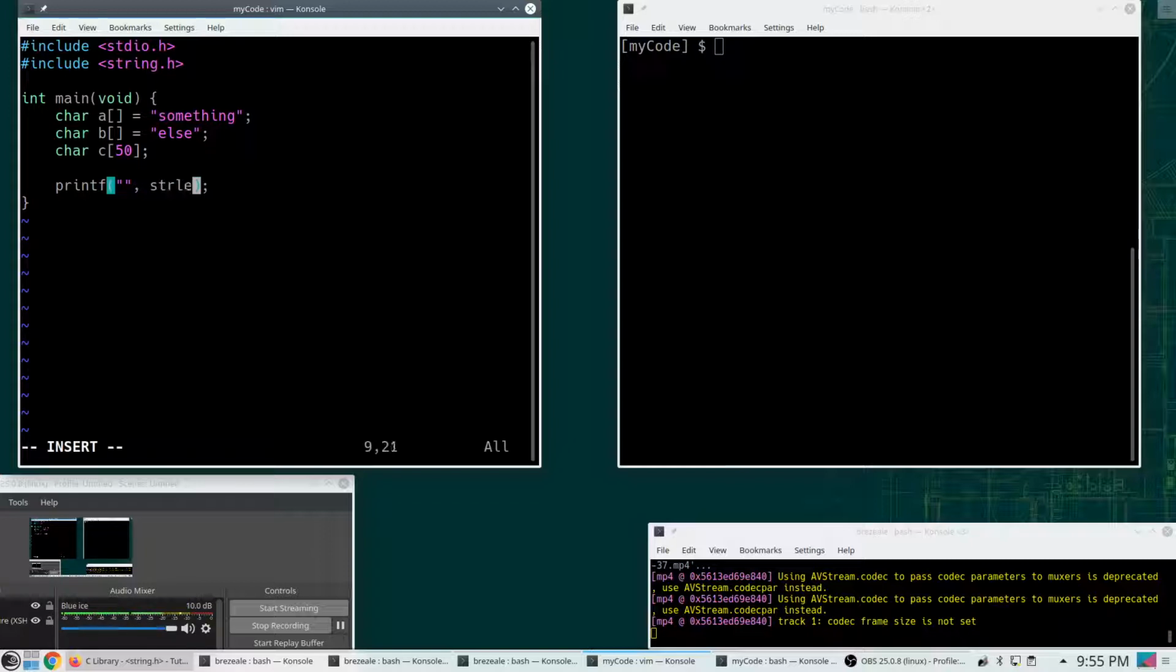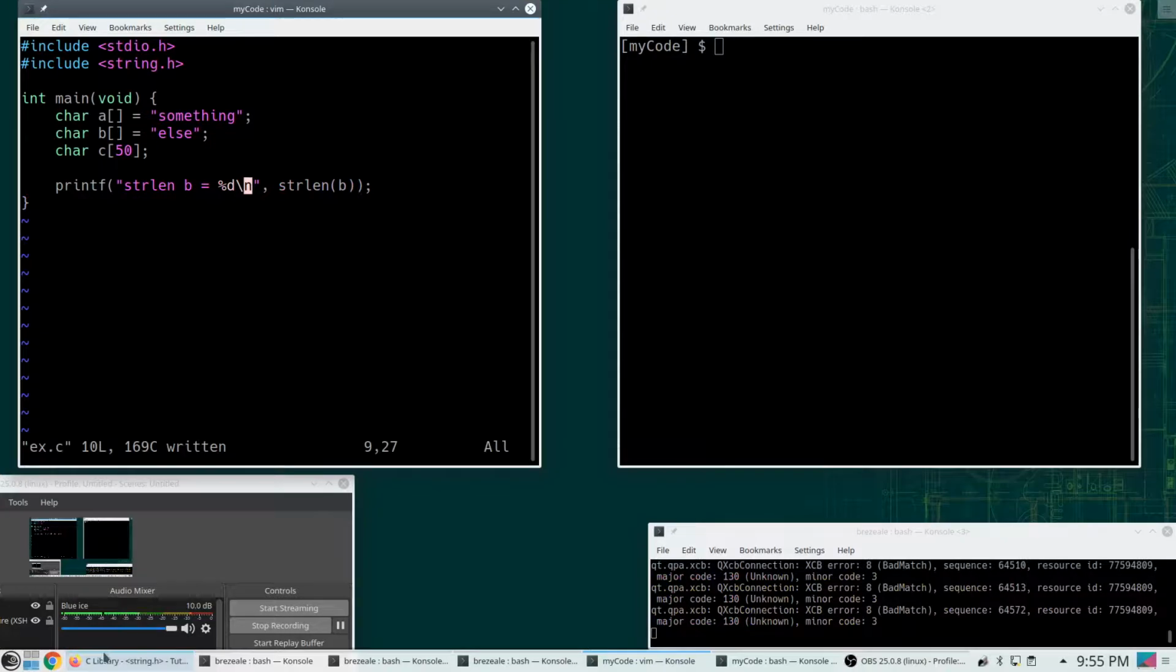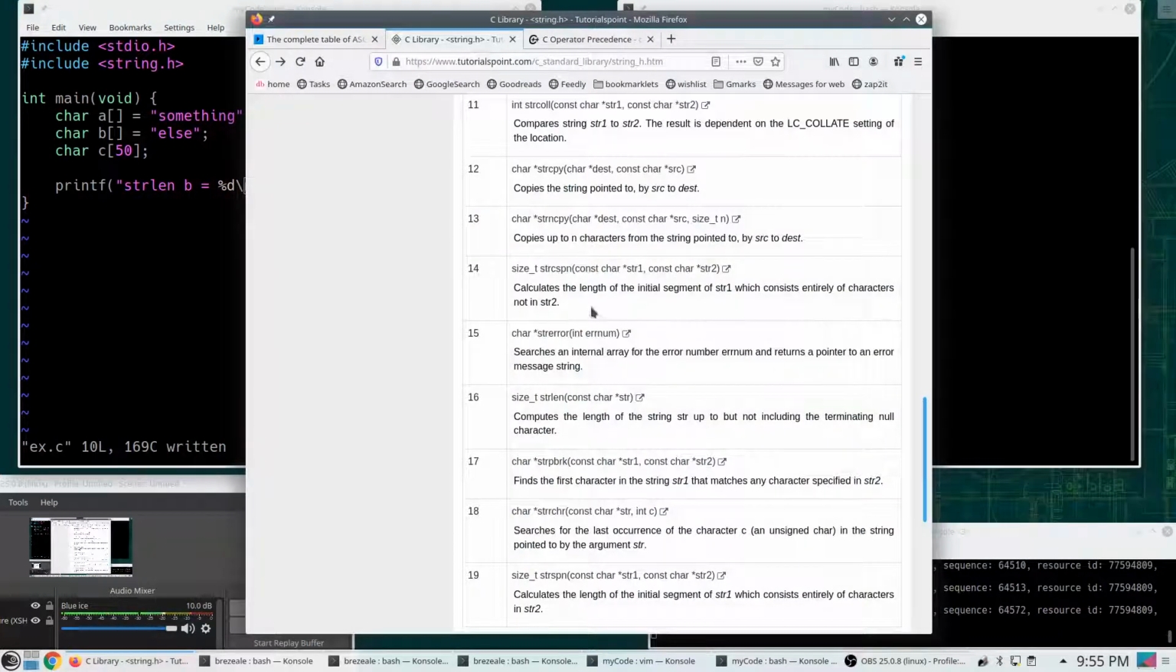So we're introducing the string length function that gives you the number of characters in the string excluding the terminating null. Let's go look it up. So string length